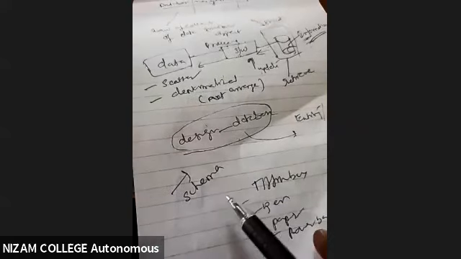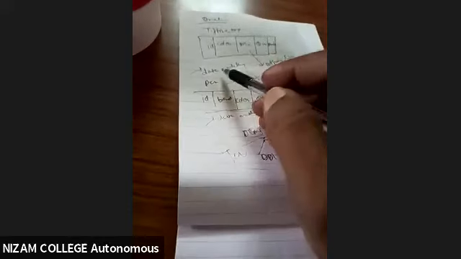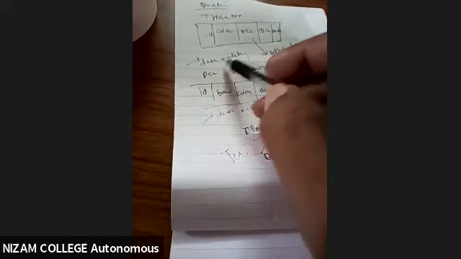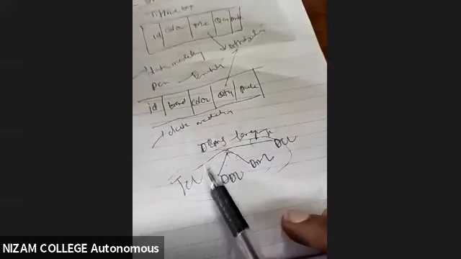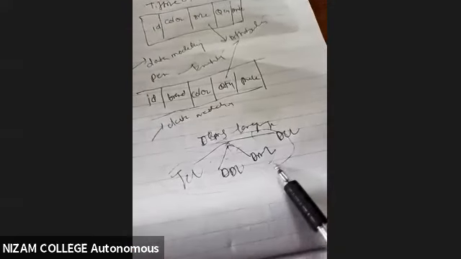Then from the schema, we try to identify the entities. With the help of these entities, I'll try to design the structure. So once I design the structure, we call that data modeling. Once the design has been finished, then we are going to know about how to use the software. So if I want to know about the software, then I should be thorough with the languages of DBMS.